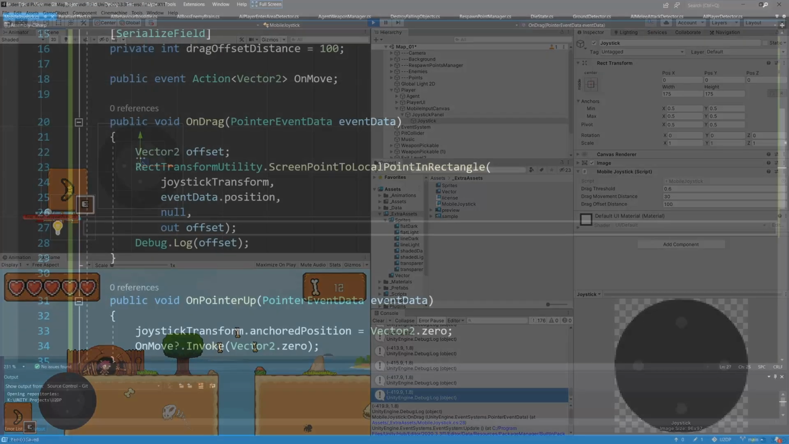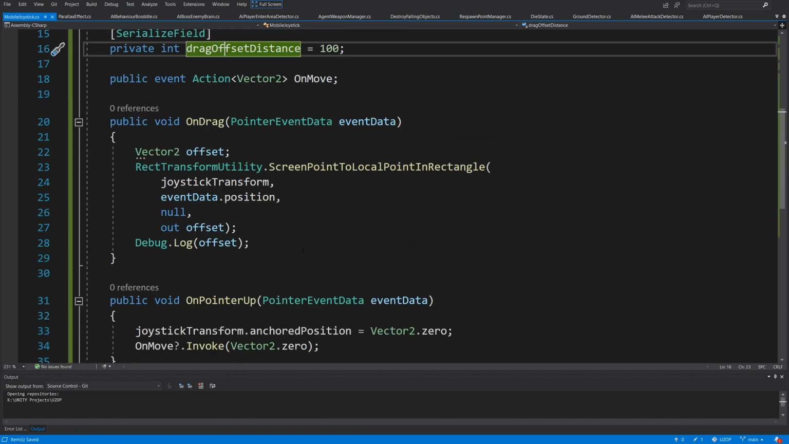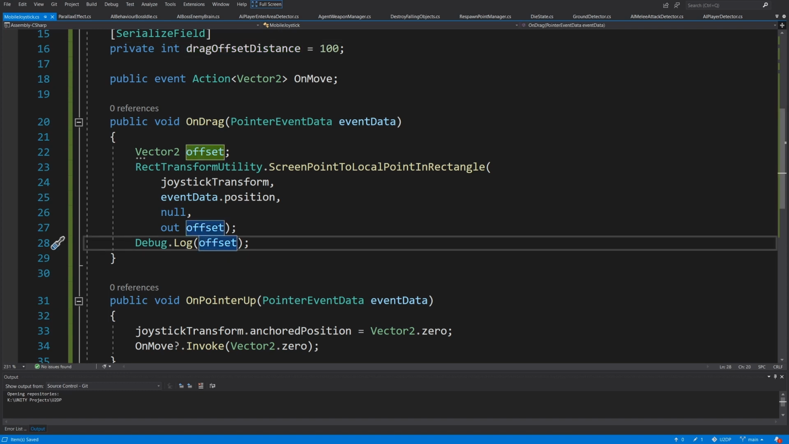So basically, in our script, this is the drag offset distance value. This will limit the movement range of our joystick. So we are going to use this to divide our offset by this value. And if you want to get the value from 0 to 1, as I have said, to know how far